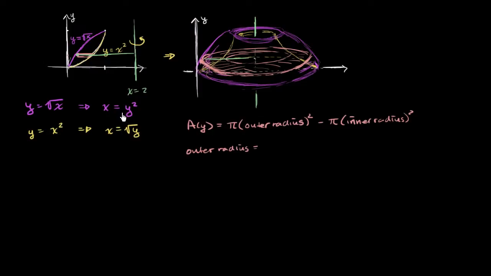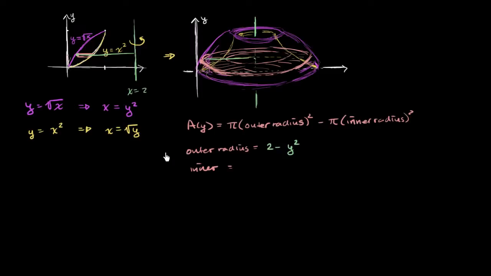Remember, we want this as a function of y. So our outer radius, this whole distance, is going to be 2 minus the x value here as a function of y. That x value is y squared. So the outer radius is 2 minus y squared. And then our inner radius